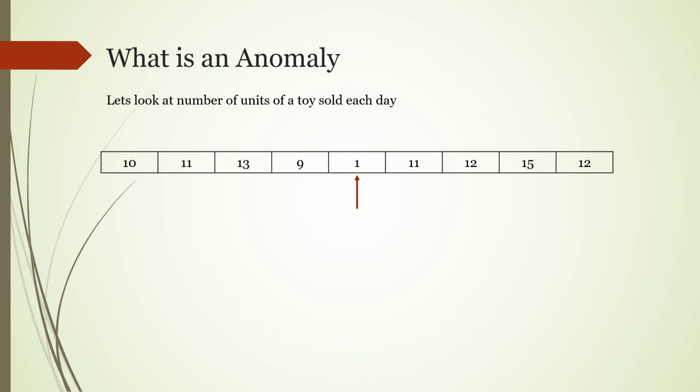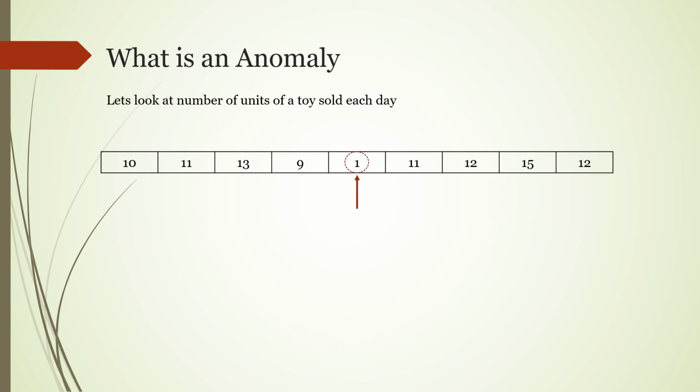So we can say that this value is very much different from the rest of the values in the series, and we can see that it is not conforming to the normal behavior. So just from an analysis standpoint, if I calculate any analysis by including this data point, it will definitely skew my result, and it will definitely skew everything that I do based on that particular numerical